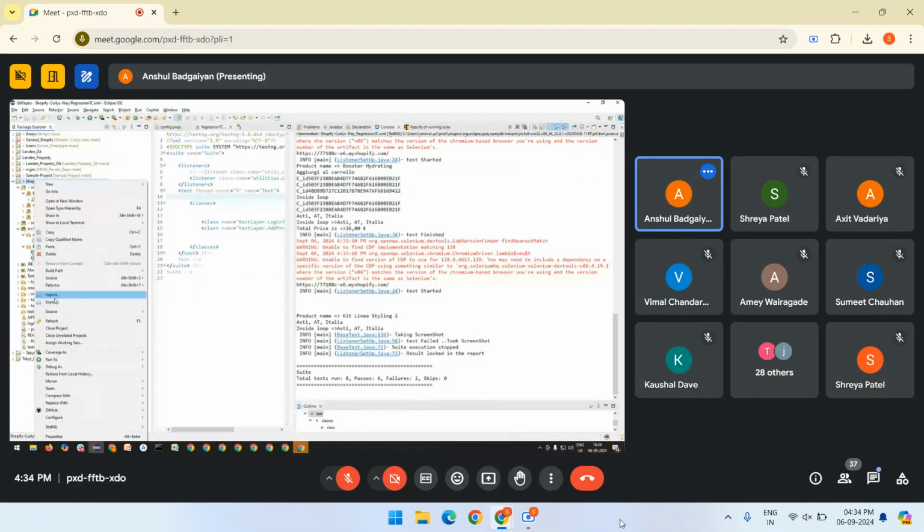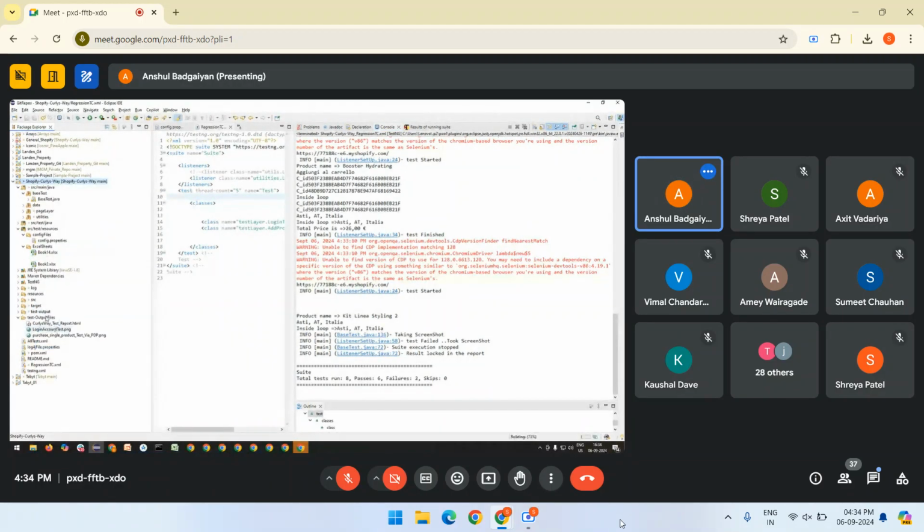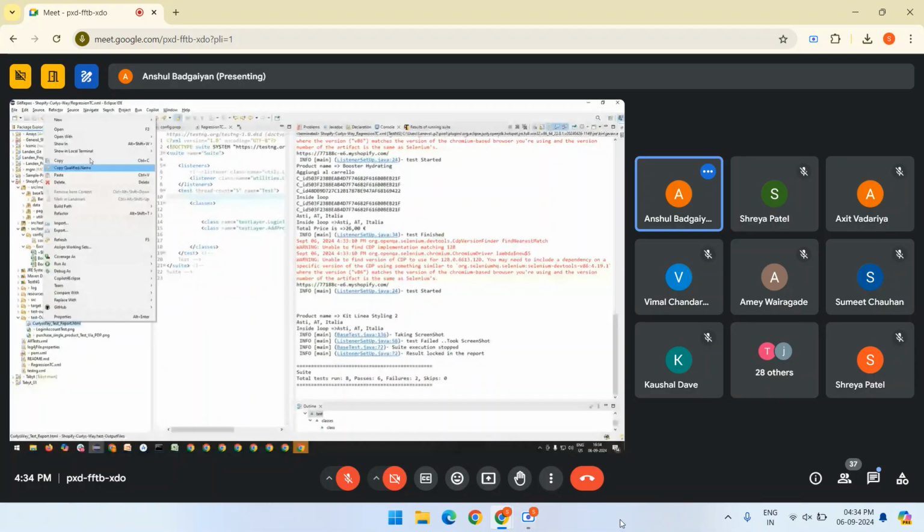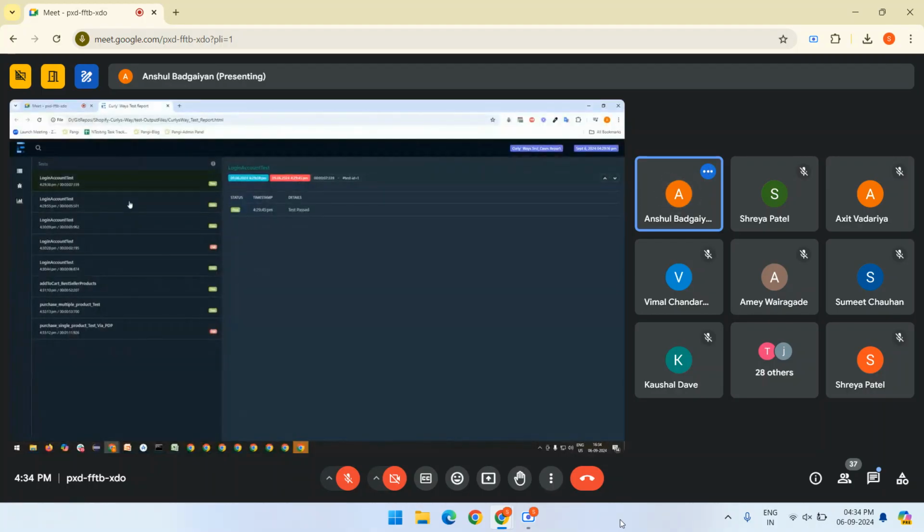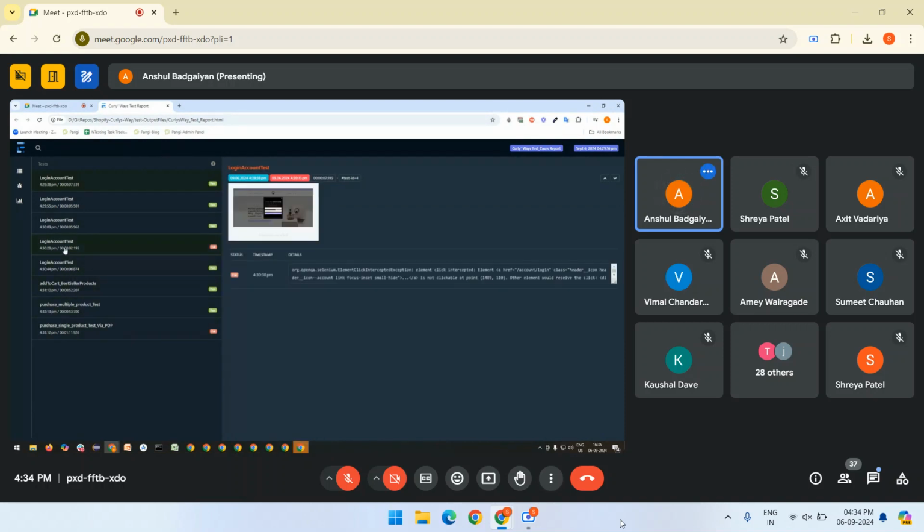If we want to know the reason for that, we can just refresh this. So here we see that we have a generated report with us. Let me open this. There were 5 test cases related to the login, and 3 related to the add to cart. Out of that, one failed because of an element click